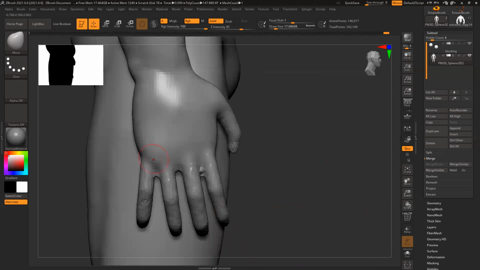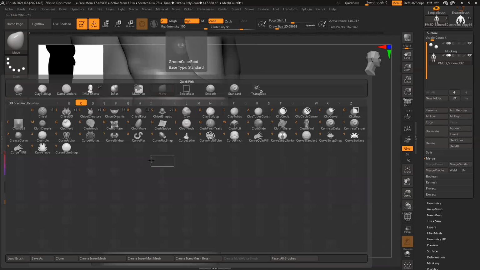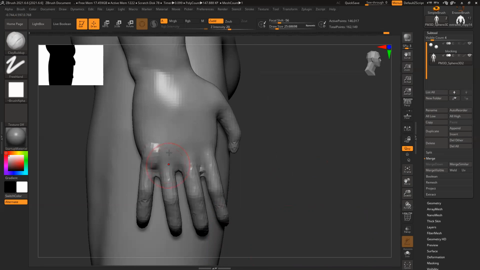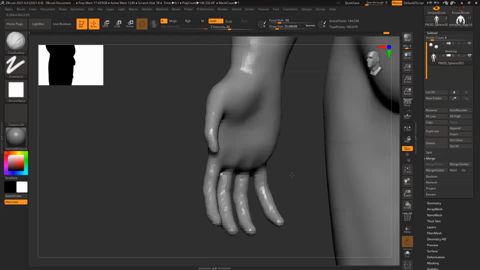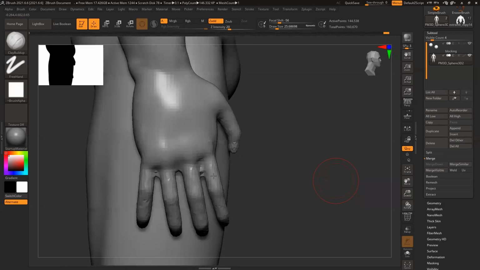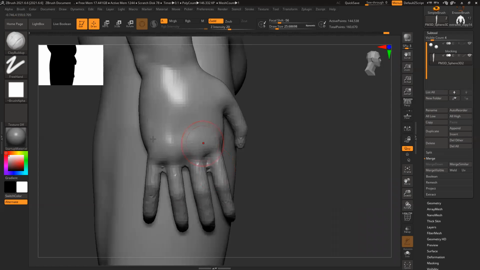Hands, let's add some detail here. Hands look really off. Knuckles, all muscles connect like this, create this V shape or A shape. All this we will refine.